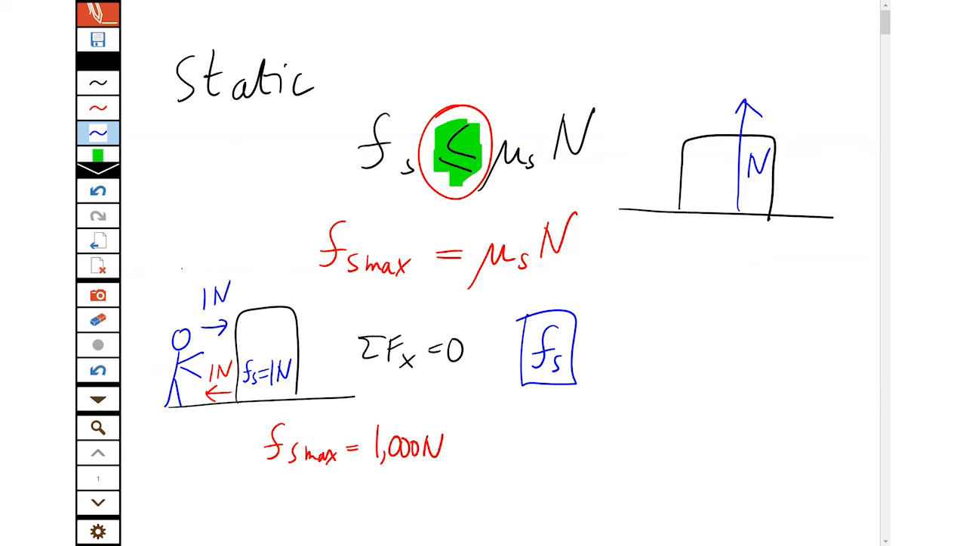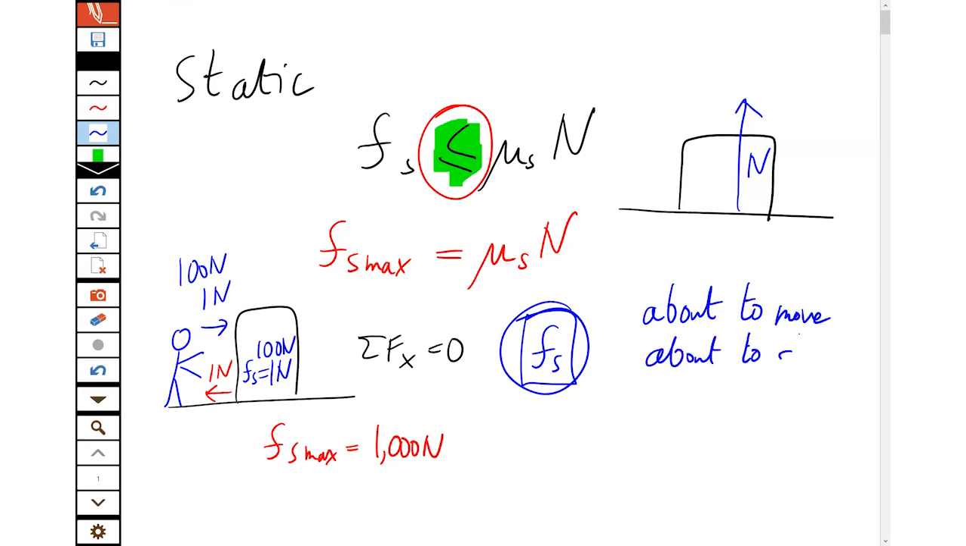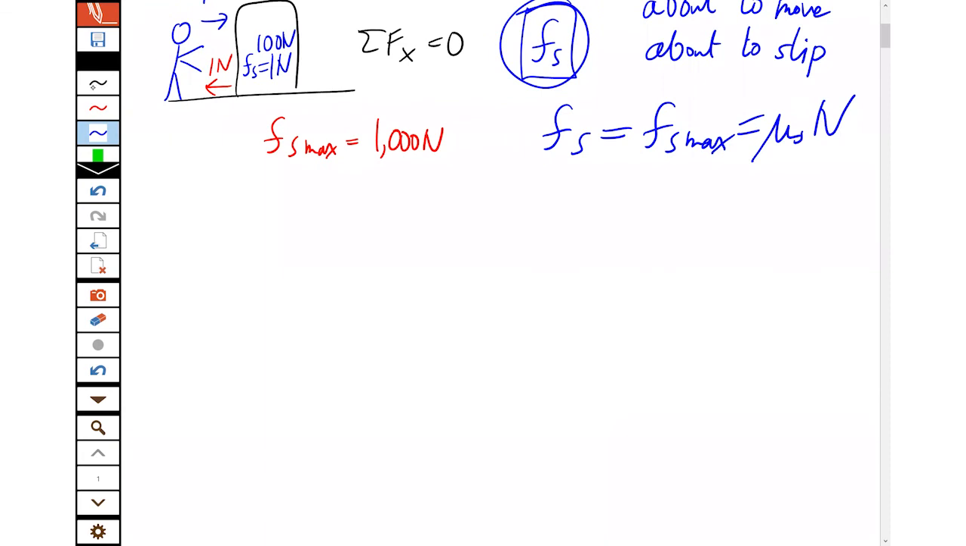If I increase my force to 100 newtons, it'll push back with 100 or whatever it needs in that situation to stop. And it'll keep matching what it needs to prevent from moving. Just a little variable, the static friction, until I hit the maximum when it is about to move or about to slip. At that point, the static friction is now equal to the maximum value. And if I push any harder than that, it will give up and finally start to slide and skid across the surface. Which brings us to